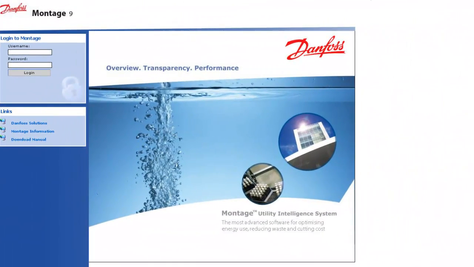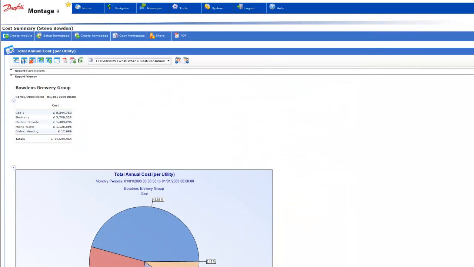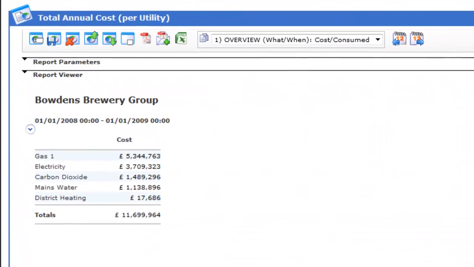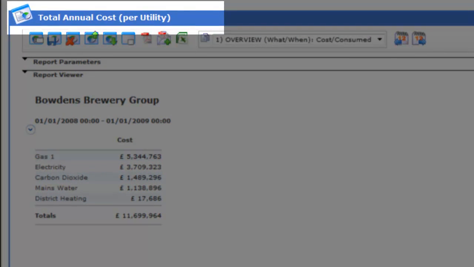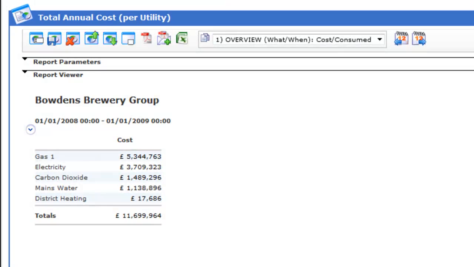Within the Montage license, we give all users the ability to configure and amend their own reports. If I was to give you a simple example of how easy this is to configure, if we go and amend one of our existing homepage reports, in this case our total annual cost report, if I wanted to add some additional columns to also view my consumption as well as my cost,